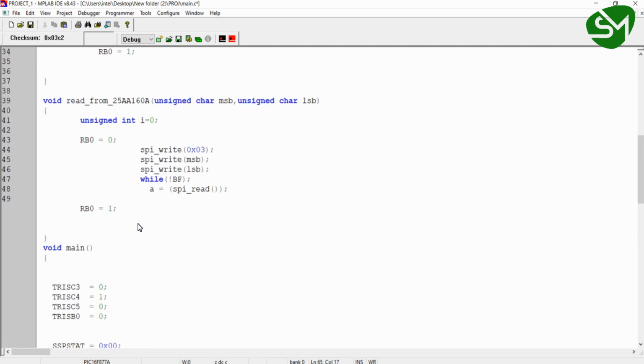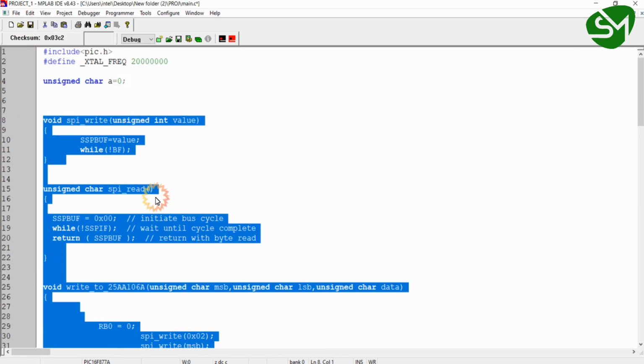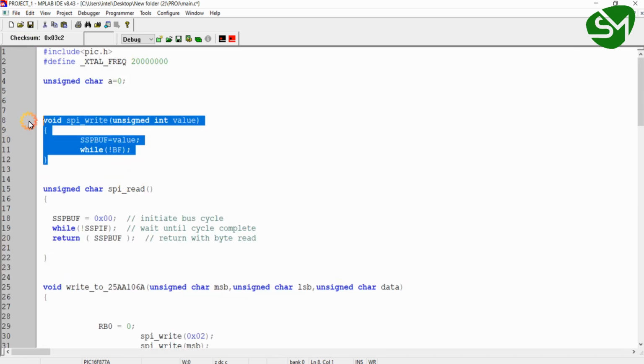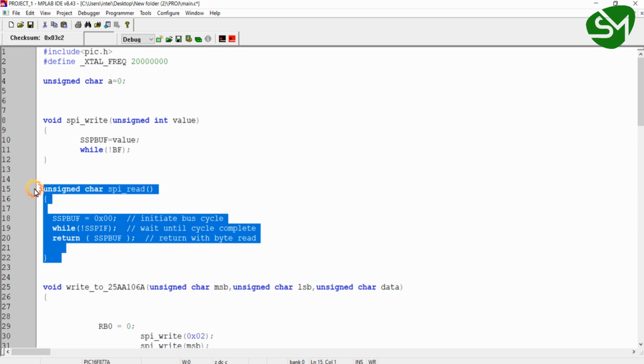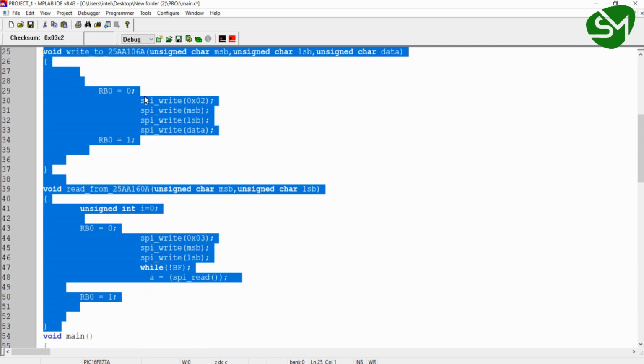So this is the control register configuration for SPI communication that we did in the last lecture. In the previous lecture we wrote several functions. The first function is SPI write. This is used for writing data to the SPI bus, and this is the SPI read function, and this function is used for reading data from the SPI bus in our microcontroller. And these two functions are specifically meant for 25AA160A EEPROM.